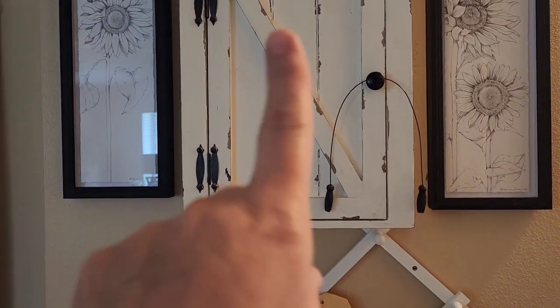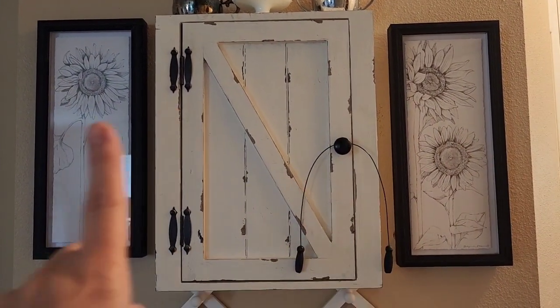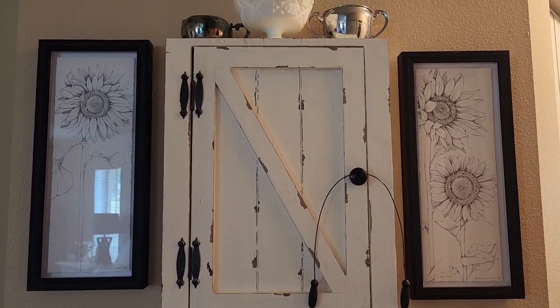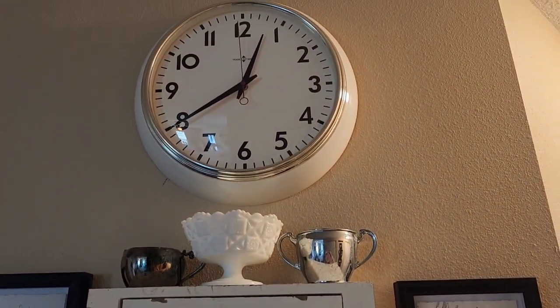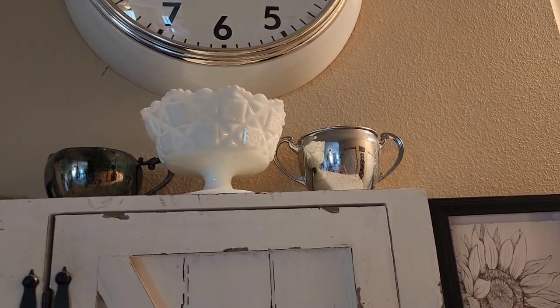This is a Hobby Lobby thing I bought years ago, and I've got my essential oils and stuff in it, but I did purchase these two sweet sunflowers. They look like drawings. I mean, when you get up close, they are so beautiful. And I put them on either side there. There's my vintage cloth. Well, it's not vintage, it looks vintage, vintage inspired. So I have more baby cups here, and there's just this little